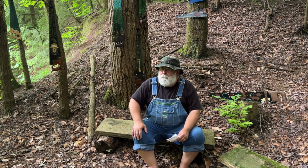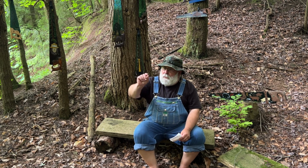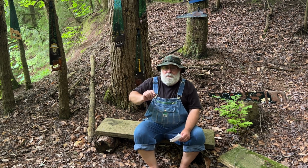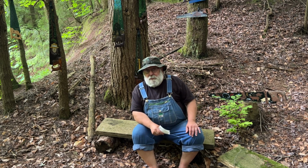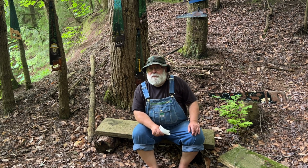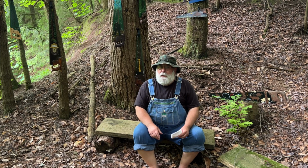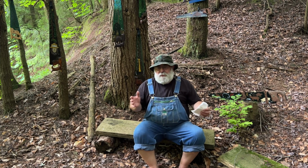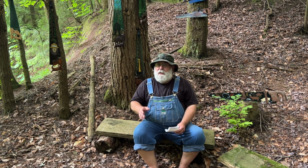And you know, if you cut a tree down, of course you can read the growth rings of it, and that'll give you the age of the tree. Well, there's another way to age a tree without cutting it down, without killing it, and it's an approximation of the age, but it gives you a pretty good idea on how old a tree may be. And sometimes it's a